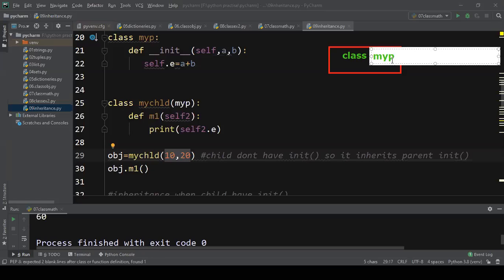This is your class myp. Now you are declaring another class.